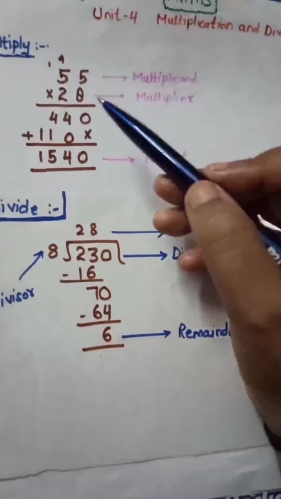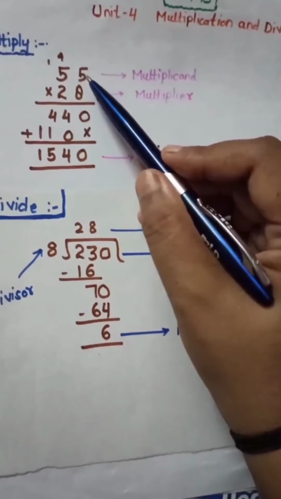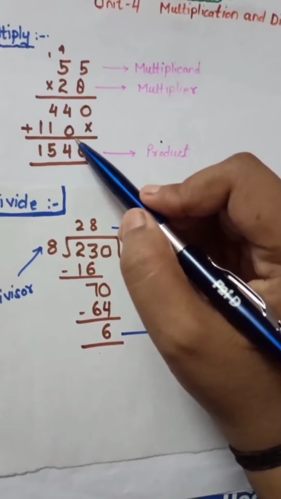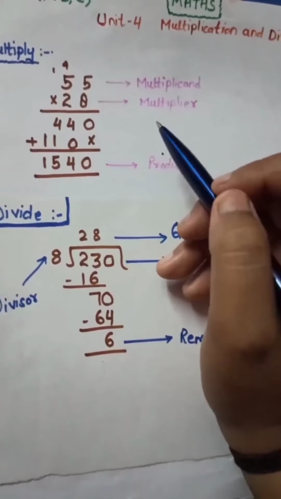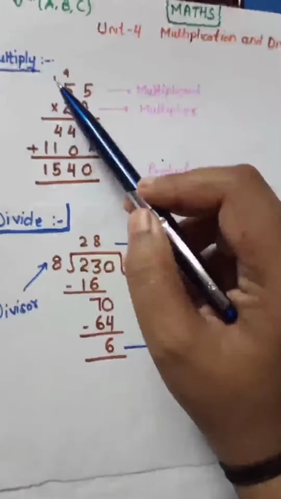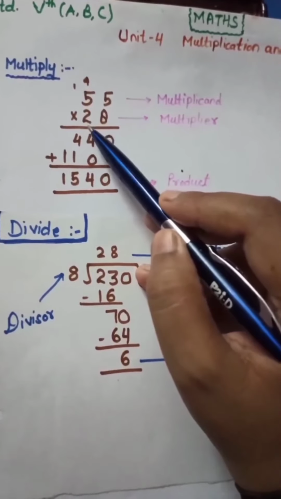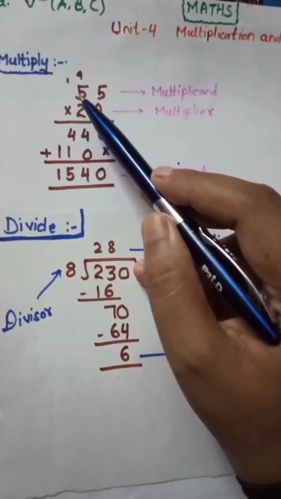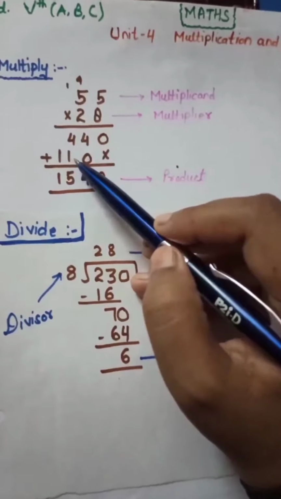Now always remember, we don't write any number over here, so we just put a cross over here. Now we have to multiply this number with this number. So 2 5s are 10. 10 means 0 will be written down over here, as it is the right hand digit, and the left hand digit is 1, so it will be written down over here. Now we have to multiply this number with this number. So 2 5s are 10, and it will be added, so it will become 11.